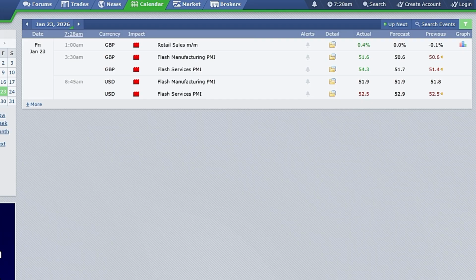We are seeing this for USD. We're talking about flash manufacturing PMI news. Now this PMI news, we're anticipating 51.9 as the forecast. The previous was also 51.8. When the news came out, it hit the same 51.9, which is actually a good one. This means that there will be a spike